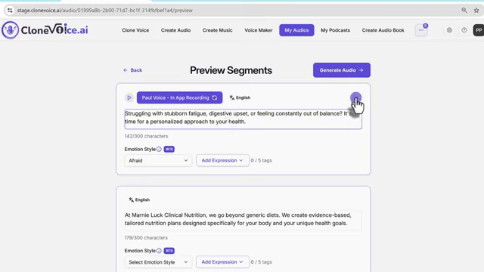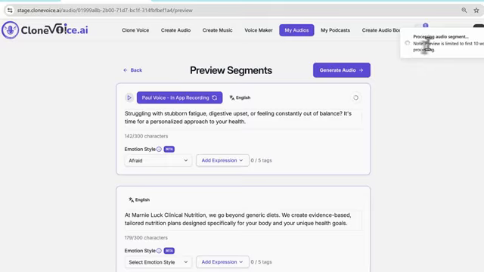So what we did is to make sure the previews generate quickly. We only preview the first few words, so you get an idea. That way, people are not generating tons and tons of previews, which slows down the generation time, because we're using the next generation AI technology for this. So you just click on the preview tab, and the preview tab is right here. This is for preview, so you can check out how this sounds. As you can see, it says here, note: preview is limited to the first 10 words for faster processing.